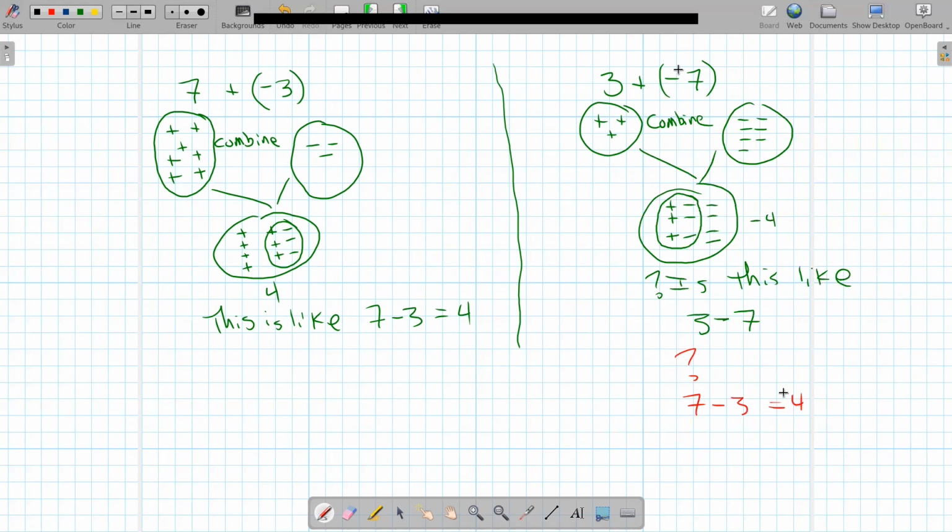Well, let's see. I know that 7 minus 3 is 4. Now I'm reversing that. So if we think about maybe money, this would be like a gain and a loss. I gained $7, but then I lost 3. I gained $7 and maybe I spent 3. That leaves me with 4. On the other hand, if I had $3 and I spent 7, whoa, wait a minute, you're trying to spend more than you have? Well, that's the idea of debt. You owe me now, if that's what you want to do,